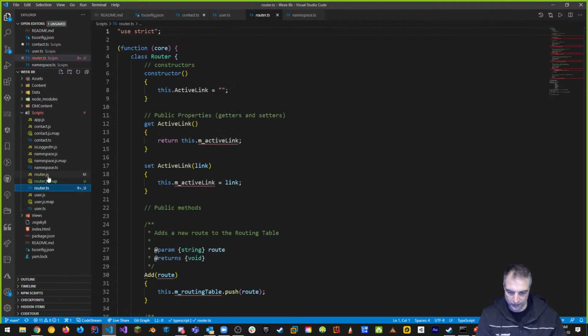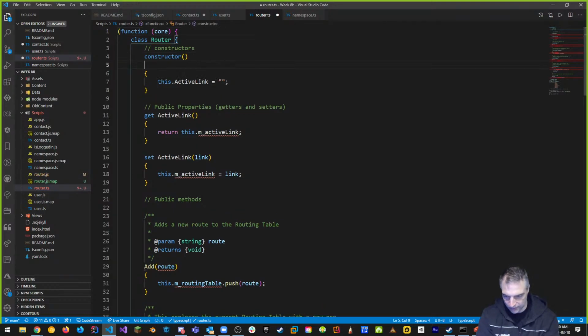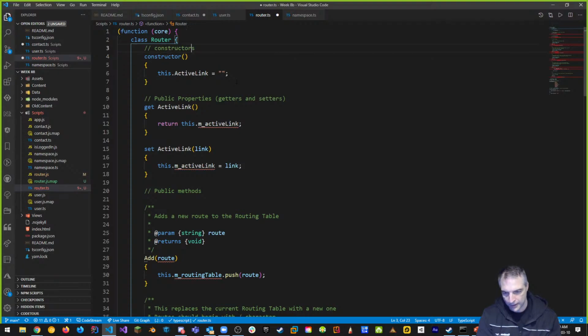As soon as I do that, it automatically transpiles it. Look at that. It transpiled that automatically, right? Let's go into the top. We can get rid of use strict. And we have our active link. That's the first thing you want to change. So again, this is inside of our, sorry, not in the constructor, in the class.